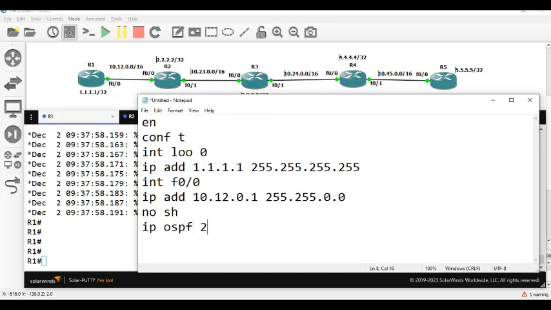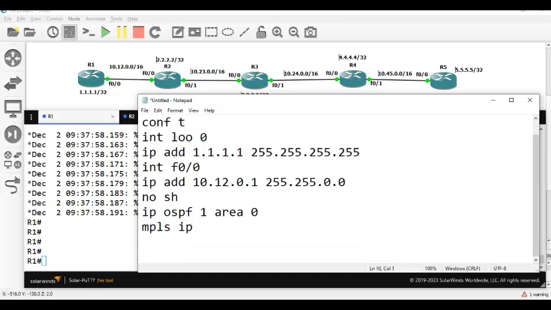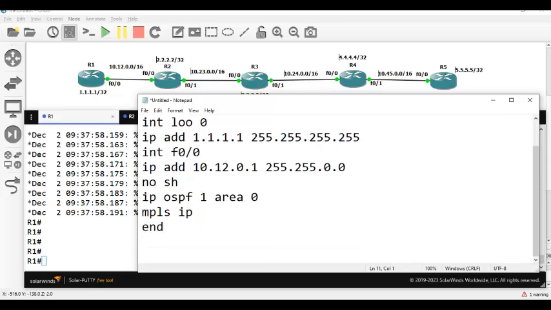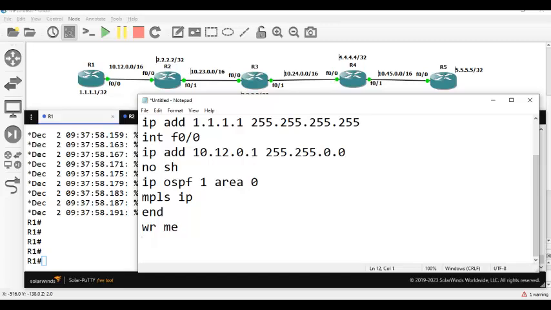And MPLS, this is enough. This command is enough to run MPLS on a router. But I told you, optionally, we will also add a range of labels. For that, you need to go to global mode. Come out from the interface and say